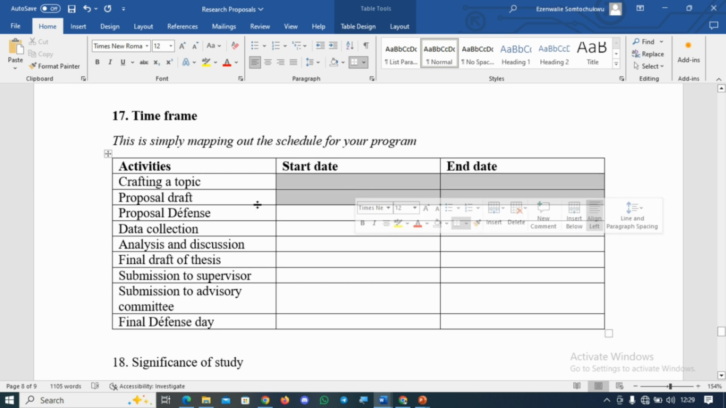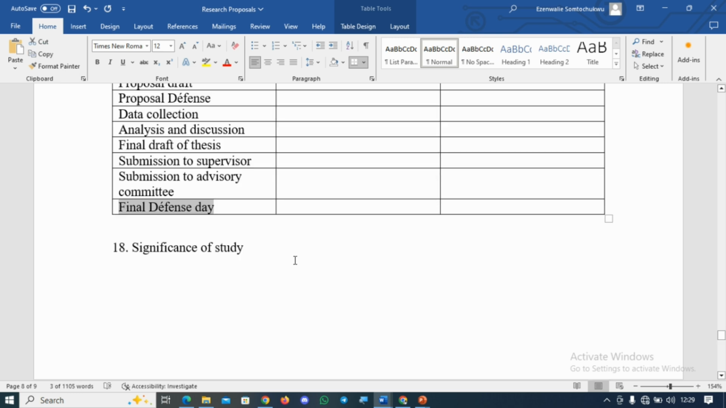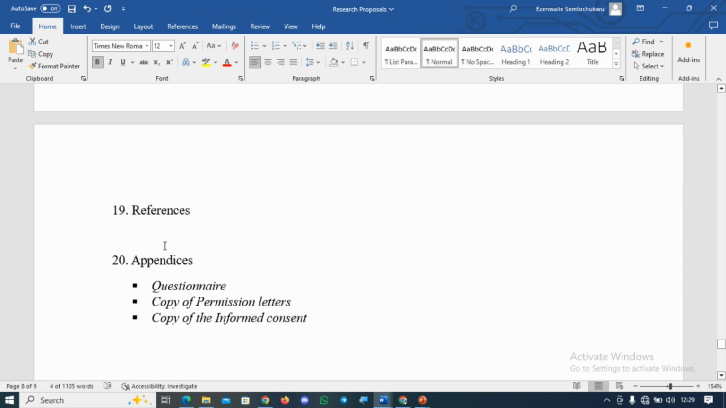And then finally the significance of your study. What's your study all about? And then the referencing, where you arrange all your references according to either the APA style or the Harvard style, or whatever style that your school or department desires. And then finally the appendices, where you attach your questionnaires, a copy of the permission letter, a copy of the